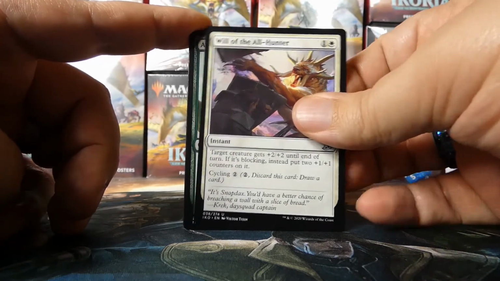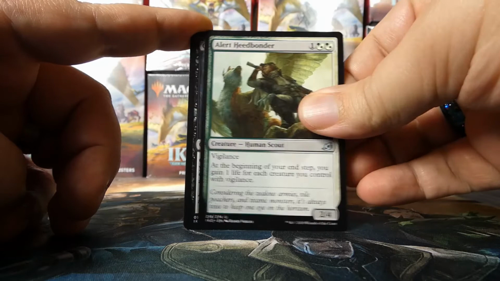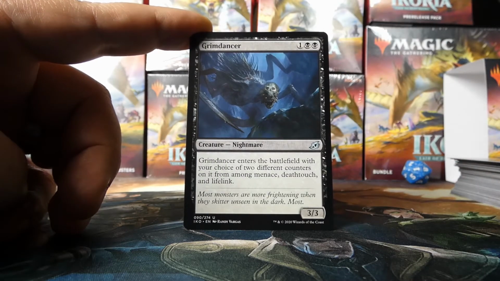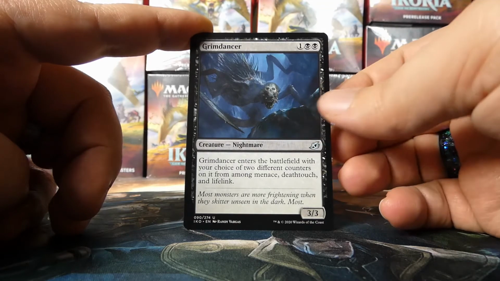Is our first uncommon. Alert Heedbonder is the second. Again, it's a human, but it probably doesn't make the deck, even though it could be cast for just double green. And Grim Dancer does make the deck. If that was something that people were curious about, this will make the deck, no question. This card's great. And our last rare or mythic, although, God, there's a lot of cards left in this pack,